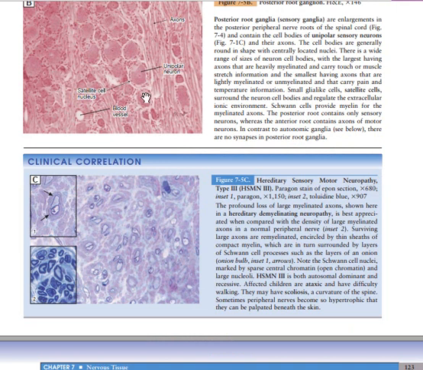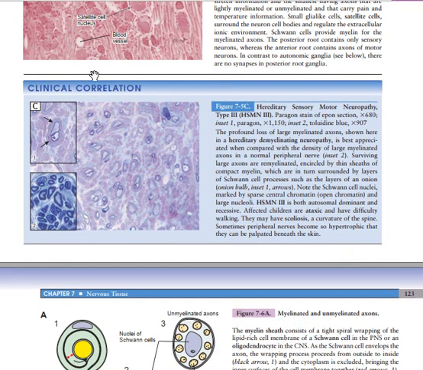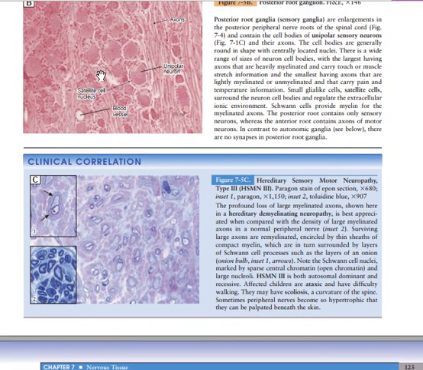Satellite cells are just like the astrocytes in the central nervous system, where the function is to give nutrients. The Schwann cells give nutrients to the nerves of the peripheral nervous system. So